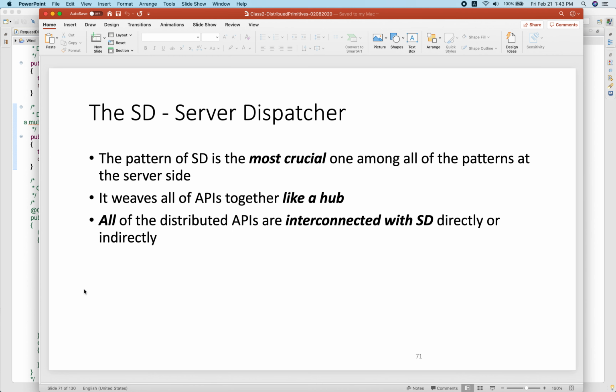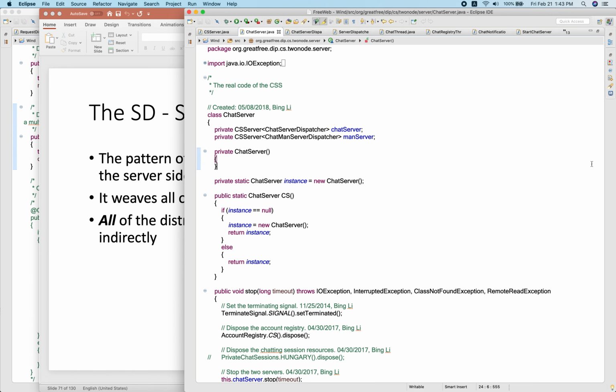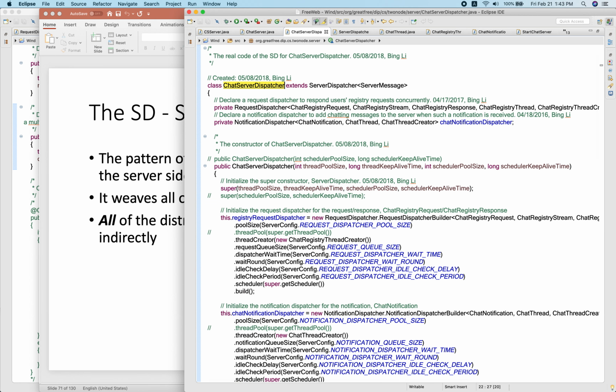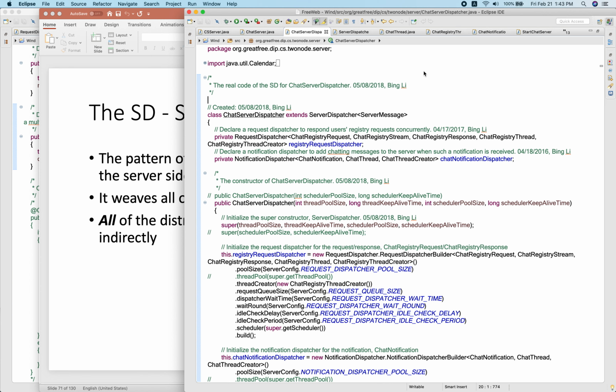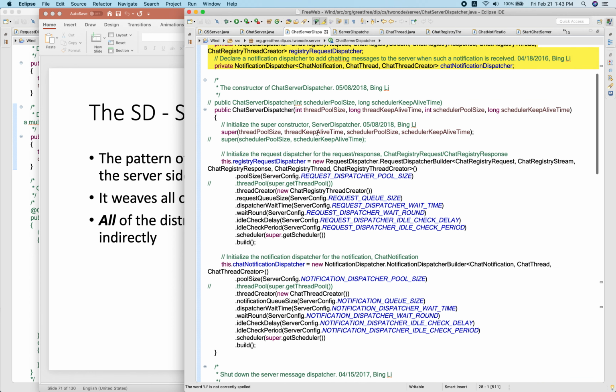Server dispatcher is the most important API. We talked about that before. However, if you want to program with this pattern, how to do that? Okay, we can open the code. This is the demo. This is the sample code showing how we can create a server with a server dispatcher. A server dispatcher should be extended, and then some other related dispatchers for messages should be declared, and then